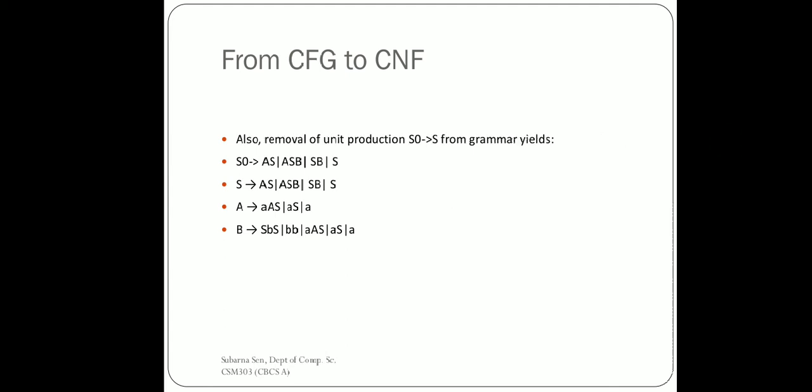Okay, now we are having one more unit production, that is S naught deriving capital S. So I am not explaining this one again, it is very easy to understand. In place of this capital S, we will write whatever production rules capital S is having, we are just replacing it. Now again see, we are having other unit productions as well. If you see the first one, S naught is deriving capital S, and again S is deriving capital S. So we have to remove these two.